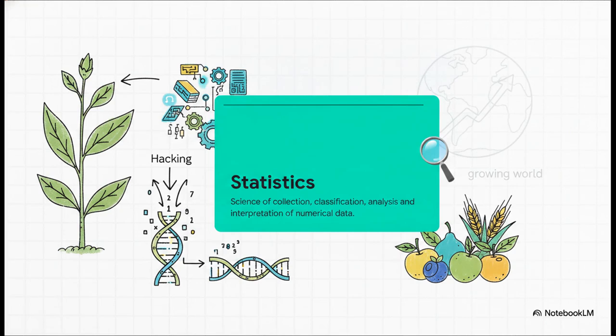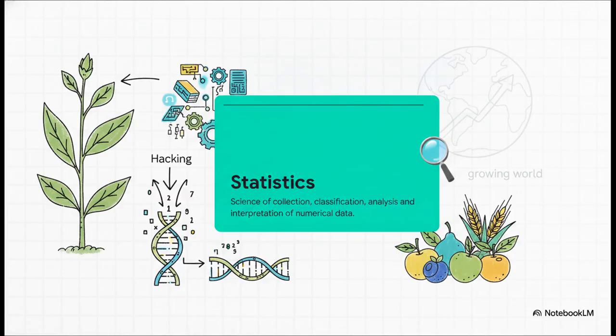Okay, let's dive into this. What we're really talking about here is biostatistics. Formally, in plant breeding, statistics is the science of collection, classification, analysis, and interpretation of numerical data. But I want you to think about it differently. This isn't just a collection of numbers in some dusty textbook. This is the critical toolkit that scientists use to effectively hack plant genetics, building better, stronger, and more nutritious plants